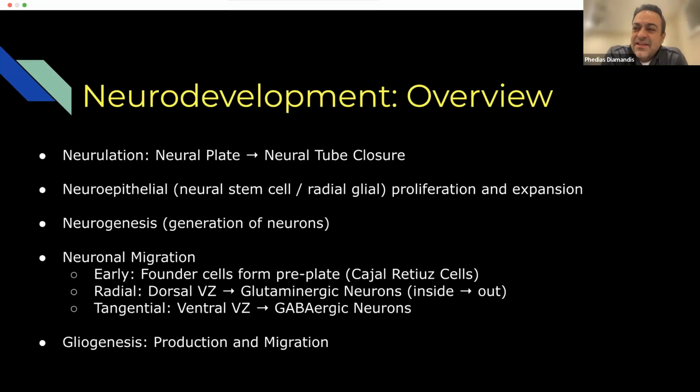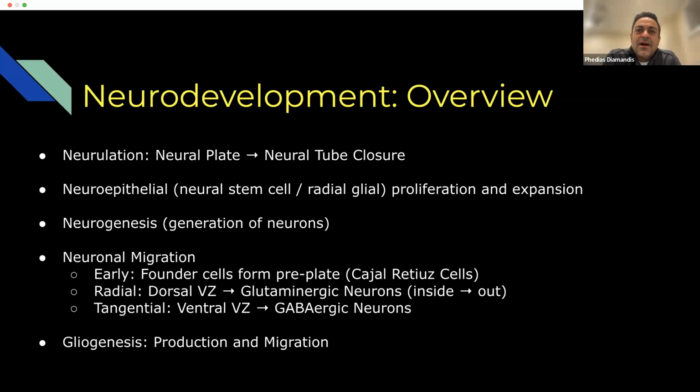So I like to give a general overview of neurodevelopment when I give talks on focal neurodevelopmental disorders, because sometimes if you just focus on the exact process that goes wrong, it's very hard to contextualize it in the